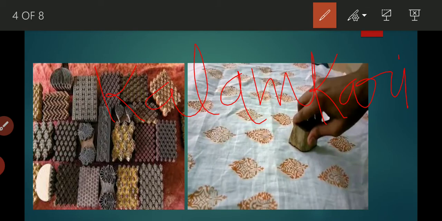One method is called batik method. Do you know about this method? Yeah. This method is also used to create design on cloth. In this technique, wax and dye are used to create different patterns on cloth, right?